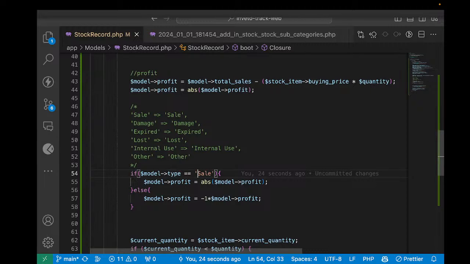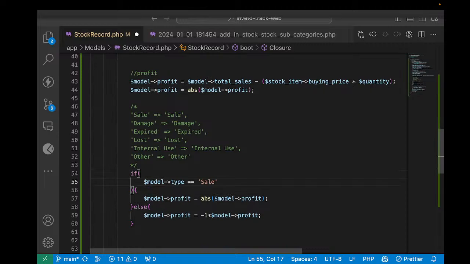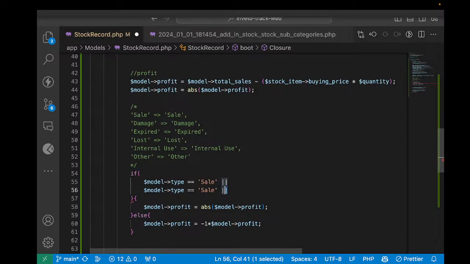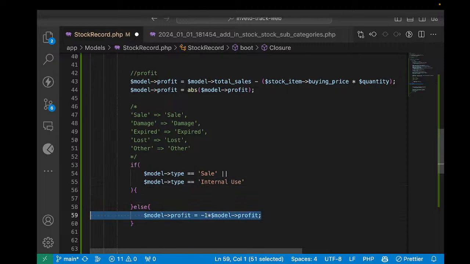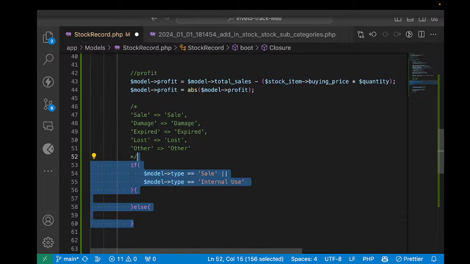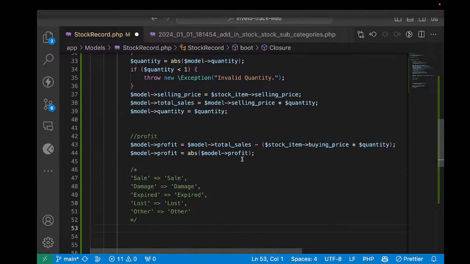So if it is a sale, or if it is a sale or internal use, then we shall count that one as what? As a positive. Alright, I think we may not even do this from here. We can do it from up to